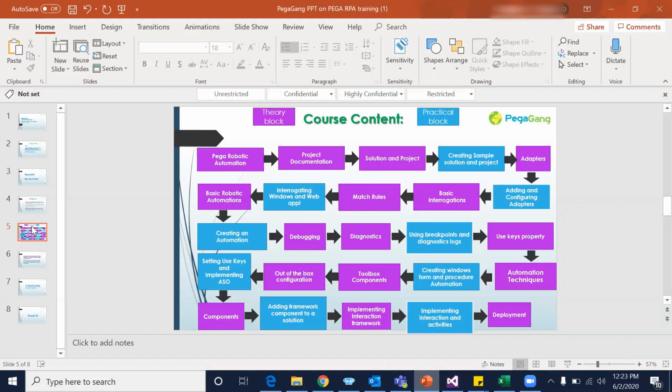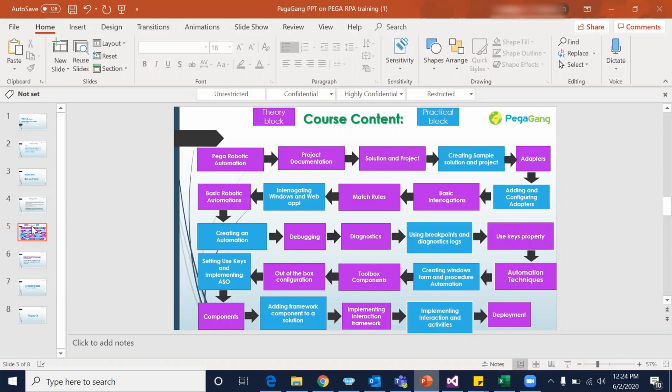So for that, the course is intended. This particular course has some theoretical knowledge and some practical knowledge. If you can see, the theoretical knowledge covers adding the solution and project, and after the project level, adding the adapters, and after adding the adapters we should understand how we can go for interrogation, meaning creating the objects from the web pages.